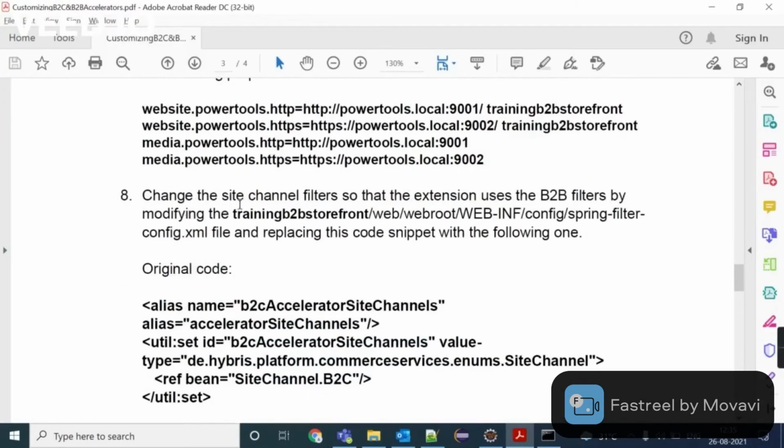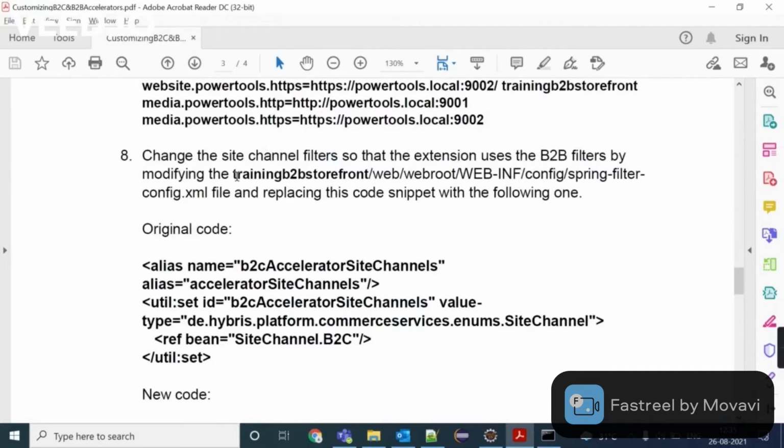Okay. Next step is we need to add side channel filter inside training B2B storefront.